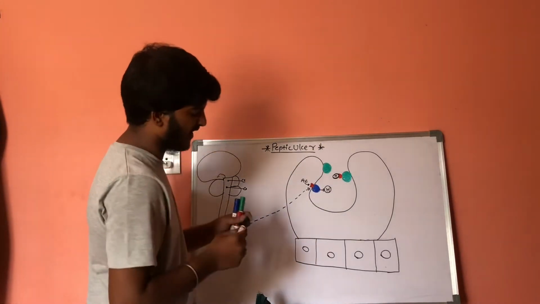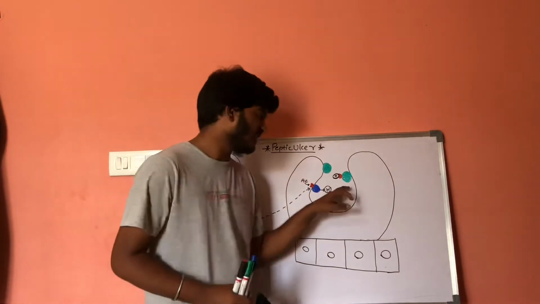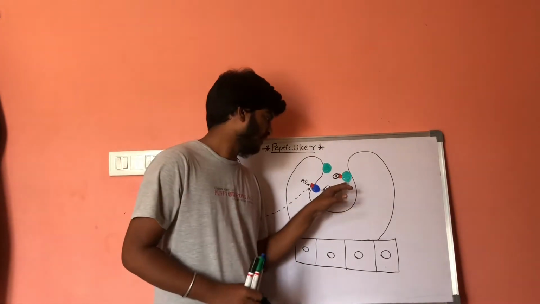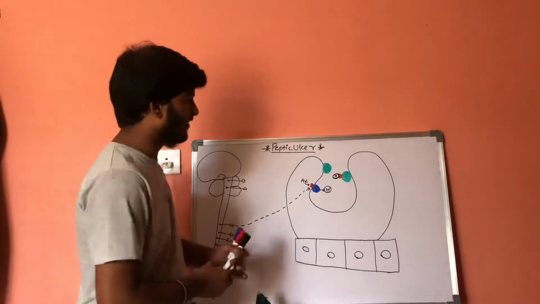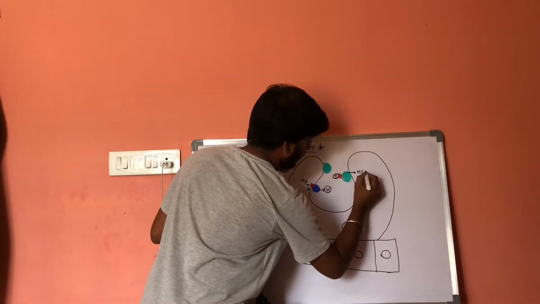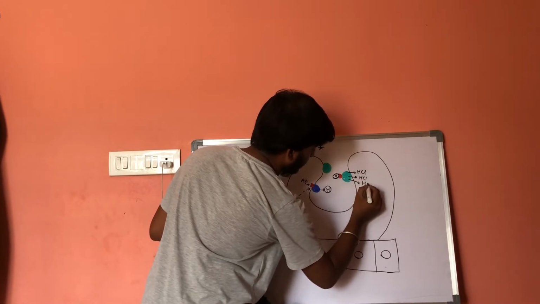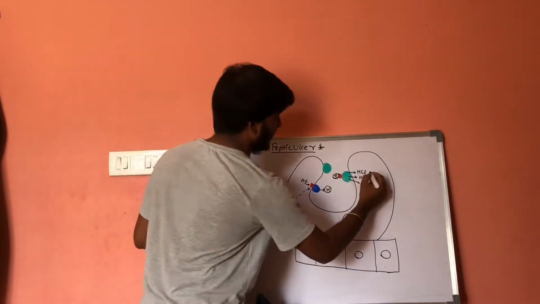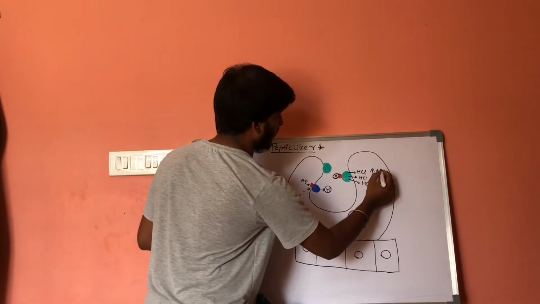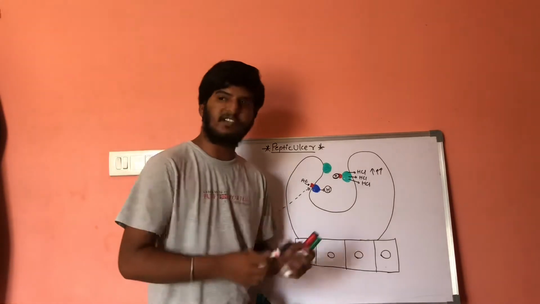Special receptors for the histamine. Whenever it is attached, activating this parietal cell, this parietal cell will release HCl. As a result, HCl concentration will get increased. Acidic concentration will get increased. It results in increase in concentration of acidic nature.